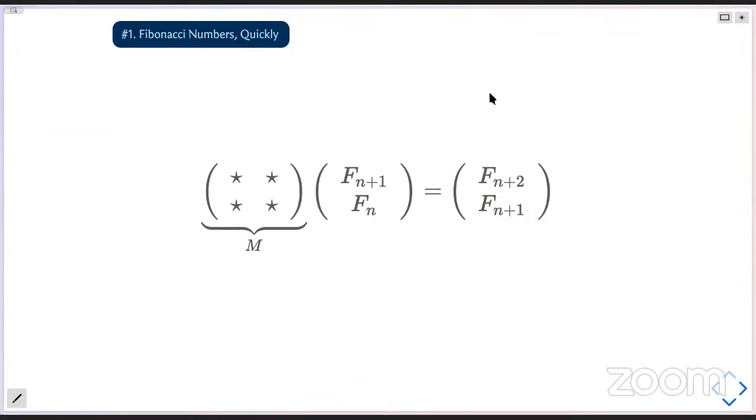So if you see, for example, 1 and 2, I want the output when this matrix is applied to, well, I should say 2, 1, 2 on the top and 1 on the bottom. I want this matrix to produce 3, 2, right? So I wanted to produce the next two numbers with this Fn plus 1 element being in common. And we'll see why this is useful in a second, because it will turn out that repeated applications of this matrix take us quite far down the sequence fairly quickly. But before we get to that, can we maybe just quickly reverse engineer what this matrix should look like?